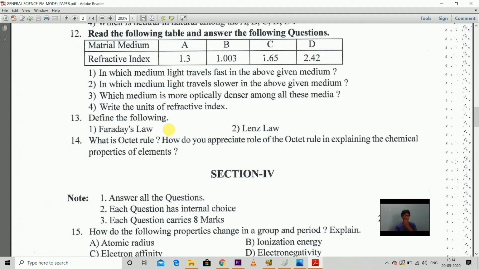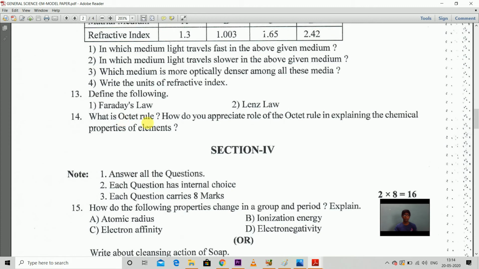Okay, but don't make any strike offs. Don't write wrong answers also. So first read the question carefully and write the answer perfectly. Then if you know any extra information, you can write it, but first you have to write the answer related to the question. Okay, next here you observe these also.